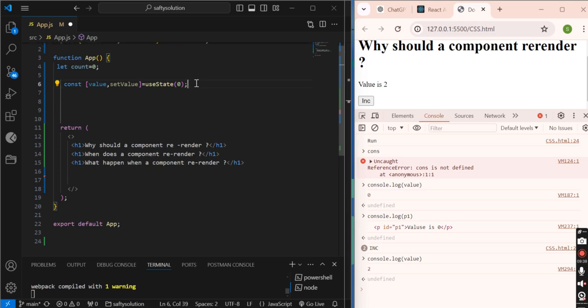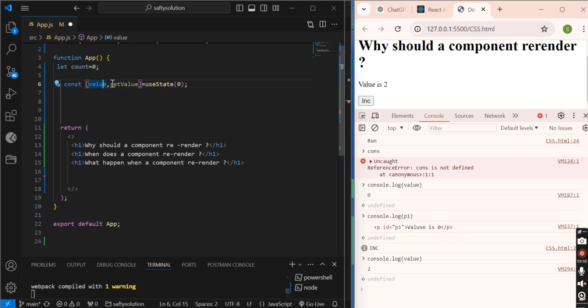So let's see how we can make the same functionality in React. For that, here we have defined a special variable using useState.